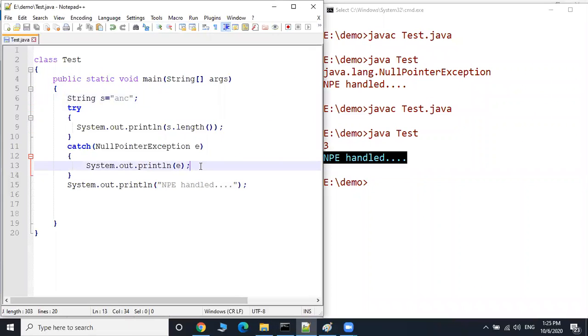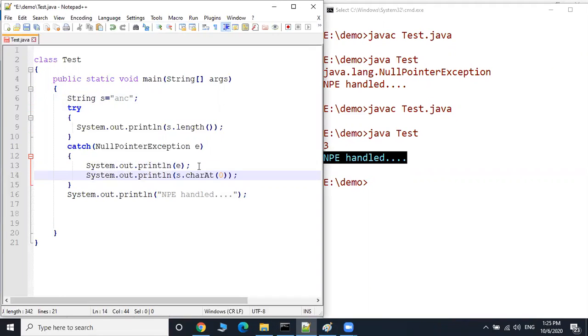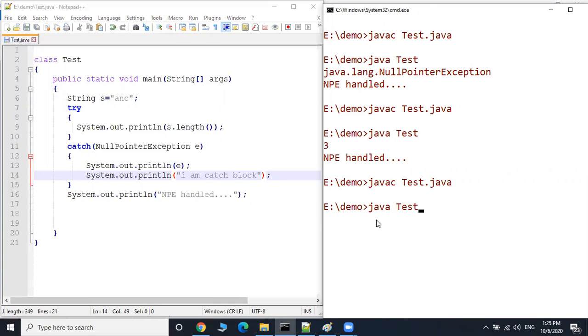Now suppose inside the catch block I am printing "I am catch block". Recompile and execute. Only two statements are printed, which means the catch statement is not executed in this case.